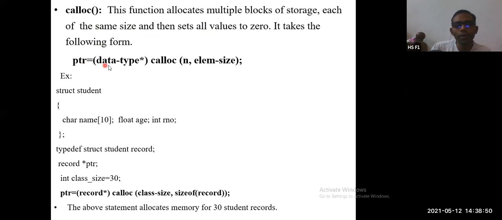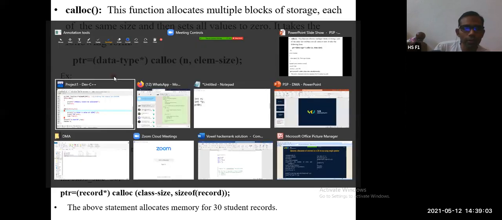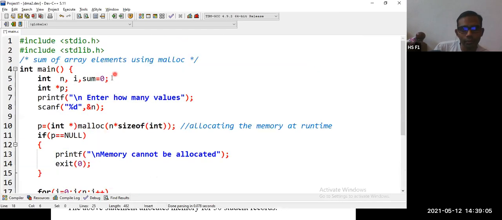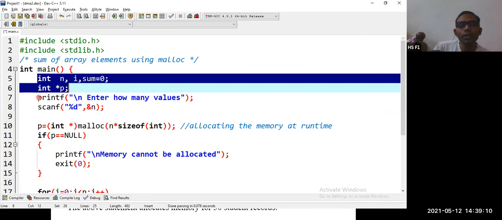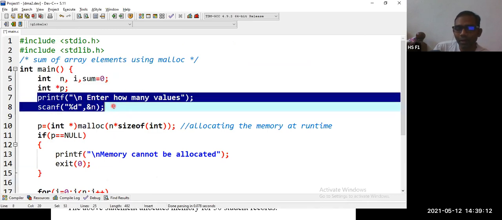So here we have the pointer, same type conversion, data type, calloc, n comma element size. The previous one was n into element size, here n comma element size. Okay, now let us change the program. Just concentrate on what I am changing. There is no change in declaration of variables. There is no change in accepting the values.